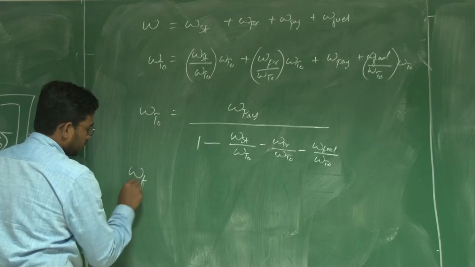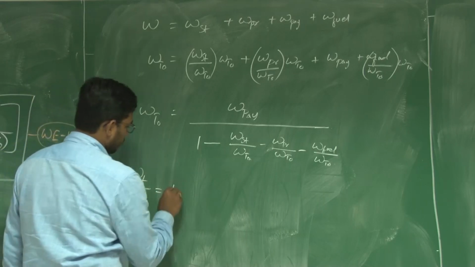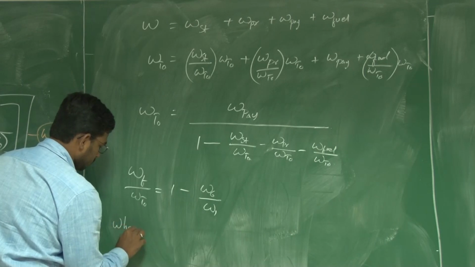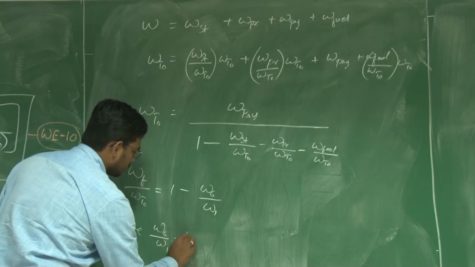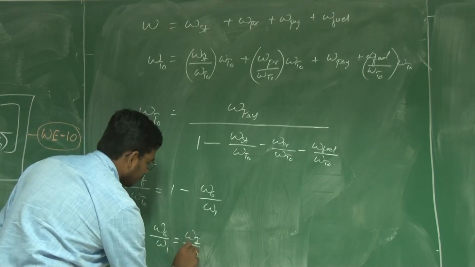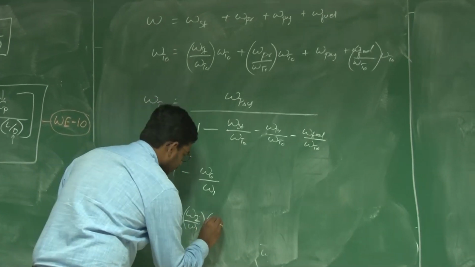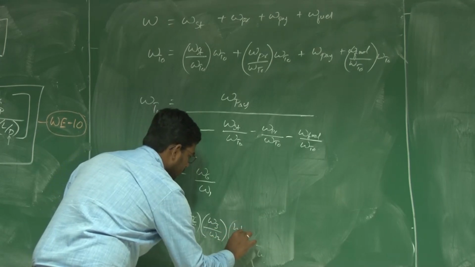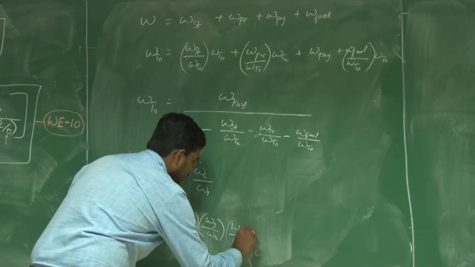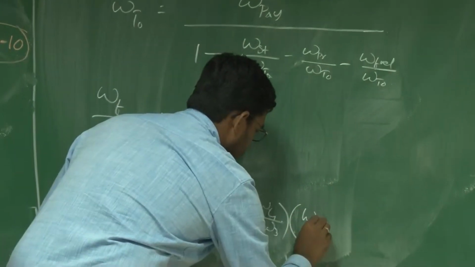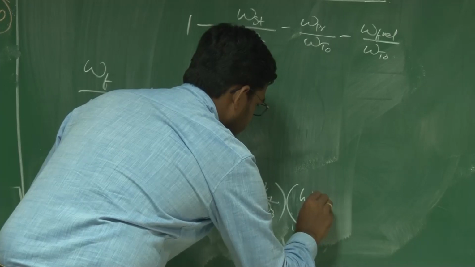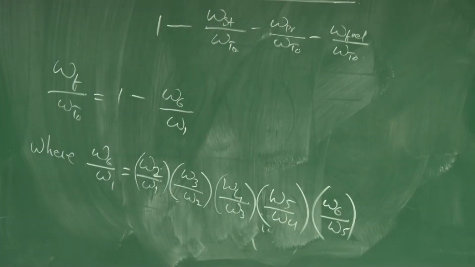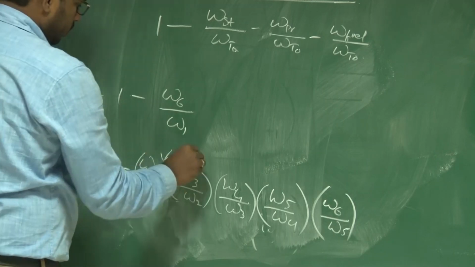and we also witnessed WF by W takeoff is equal to 1 minus W6 by W1, where W6 by W1 is equal to W2 by W1 into W3 by W2 into W4 by W3 into W5 by W4 into W6 by W5, right. So these are the weight fractions, weight ratios for various segments,